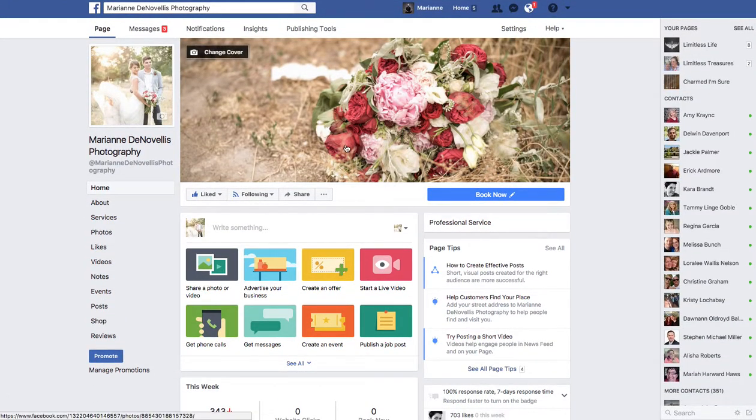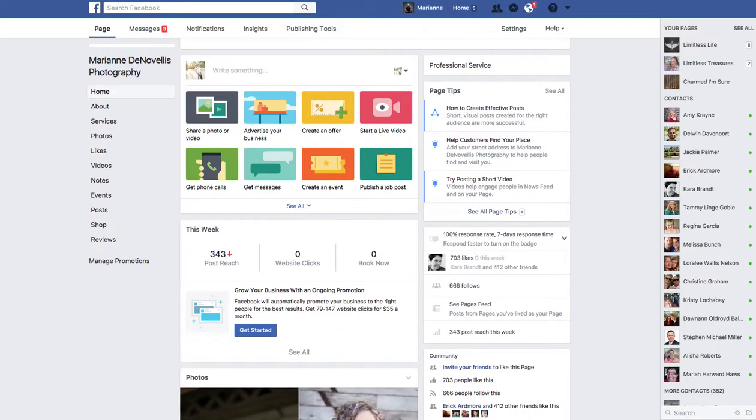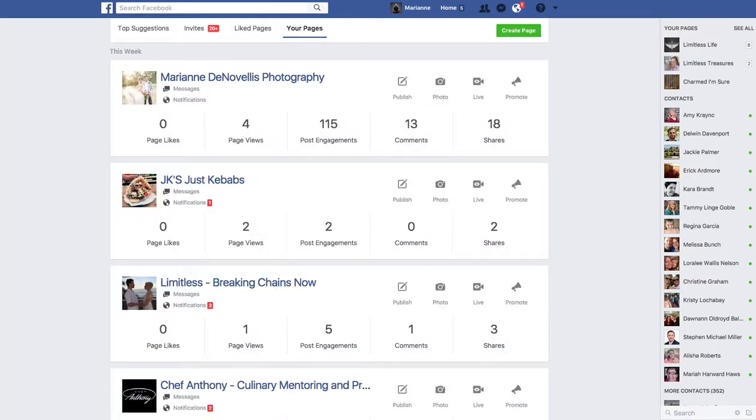So we're gonna go back to that list of pages and how to create a page. Now, my photography page actually isn't a very active page. So this is an example of a page that I use every now and then when I have a great new post, but I don't use every single day. Okay, so